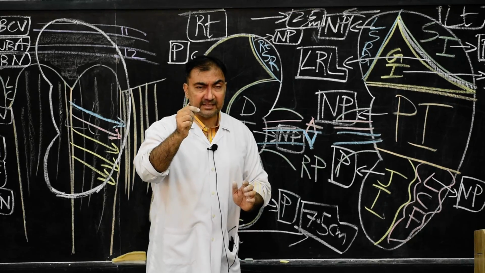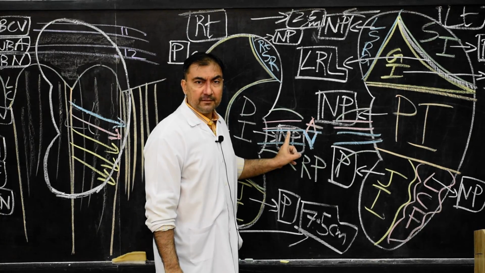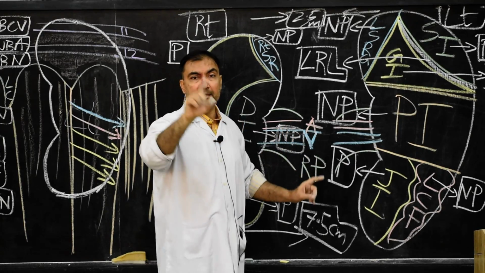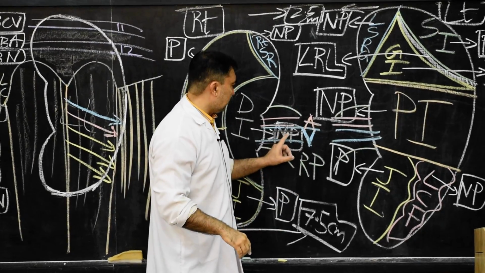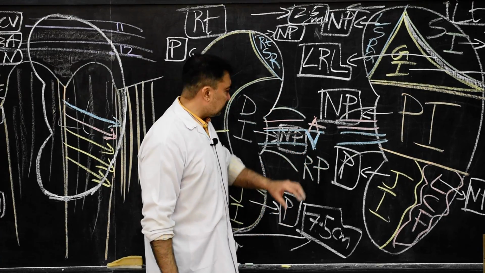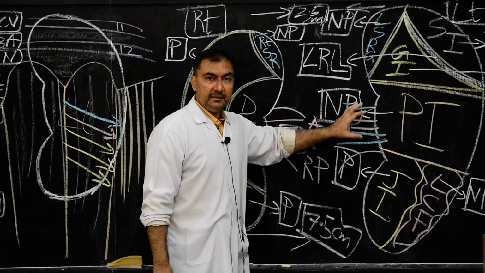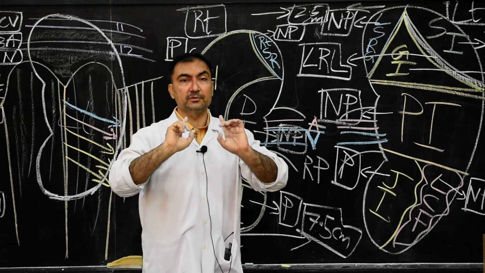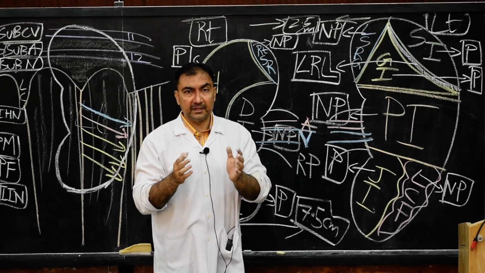But remember one thing during dissection: one branch of the renal artery and one tributary of the renal vein will always be present posterior to the renal pelvis. Do not confuse. So these are the structures present at the hilum, anterior to posterior: renal vein, renal artery, renal pelvis. But a branch of the renal artery and a tributary of the renal vein are found posterior to the renal pelvis also. Here we end our second segment of the gross anatomy of the kidneys.